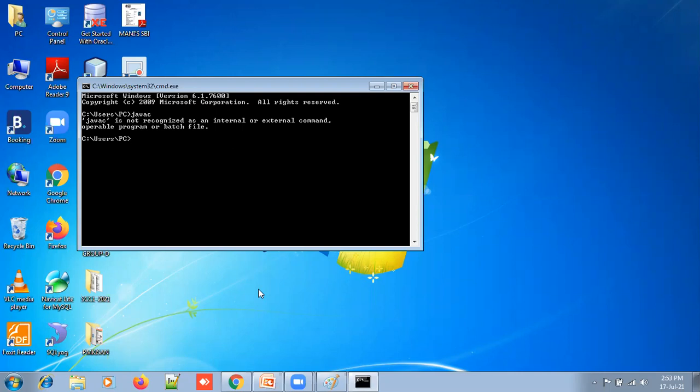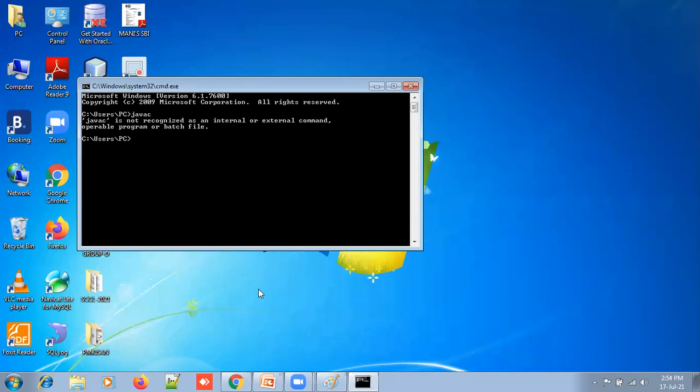If we get an error like this, there are two possible problems. The first problem: Java is not installed on your machine. The second: if your machine does have Java installed, it still gives the same error because we have not set the proper environment for that Java. That is how we can overcome this problem. Initially I installed Java, but it is still showing this, which is also one possibility.